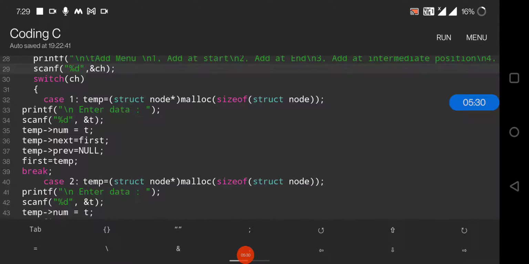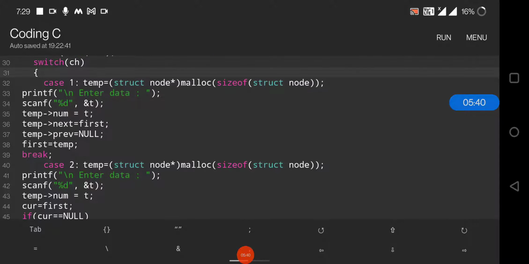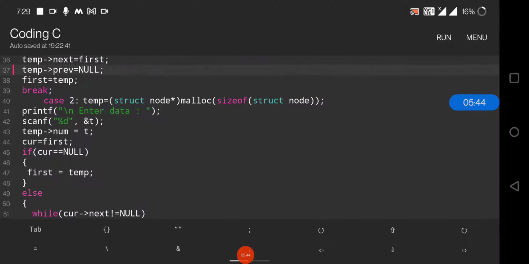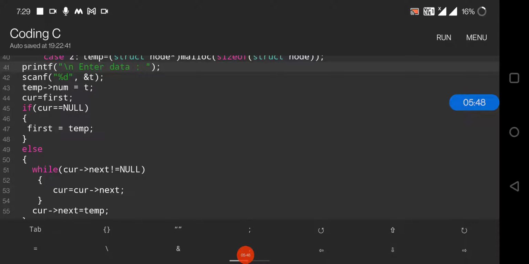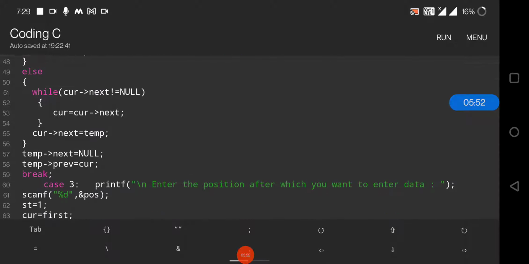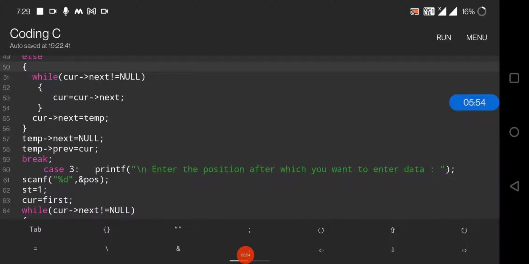So we will be entering the data. At that time we will be allocating the next as well as the previous, that is nothing but the pointers. If we are inserting at the last, then we have to put null. Same, we have to check it for each and every element. Whenever we are entering an element, we have to check whether the linked list is full or not.